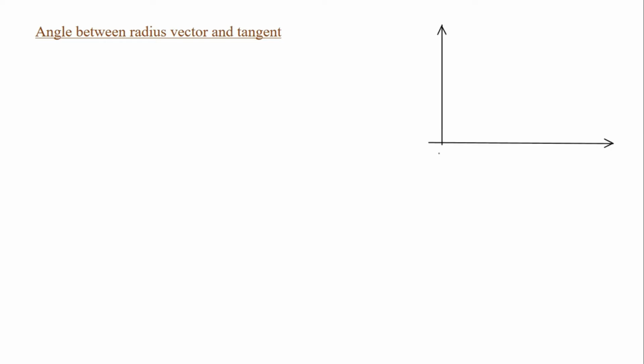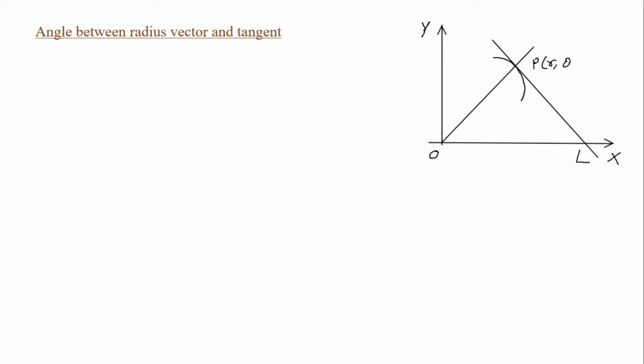Let us consider the coordinate axis. Let this be OX and this represents OY. Let us consider any curve and let us draw a tangent to this given curve. So consider a curve, and for this curve I have drawn a tangent which meets the x-axis, say at the point L. Let me draw the radius vector. So the point of intersection of the tangent and the radius vector, let that be the point P